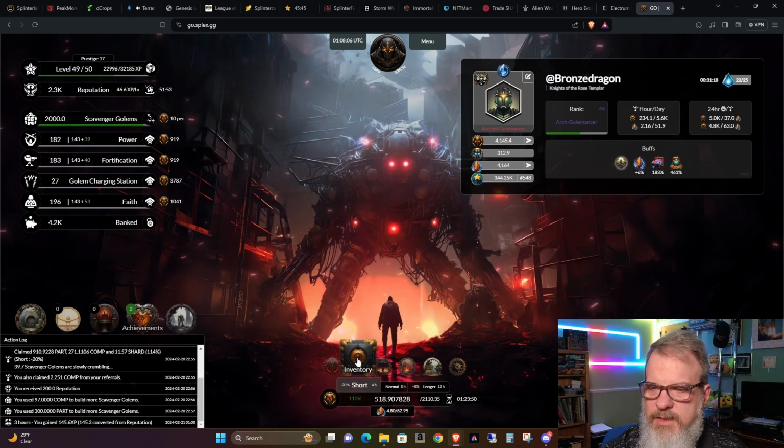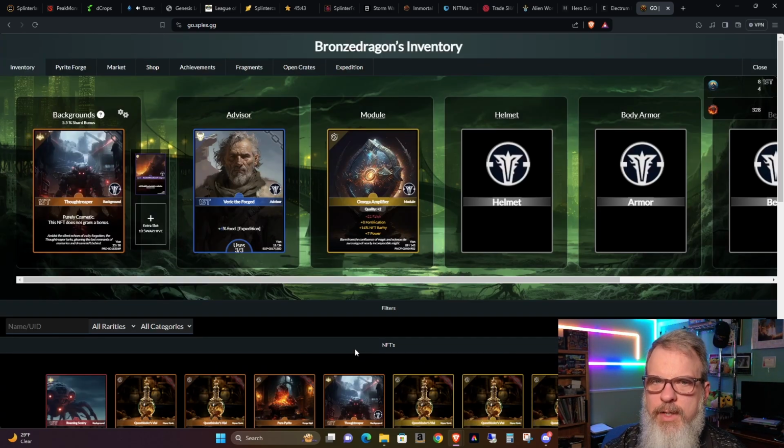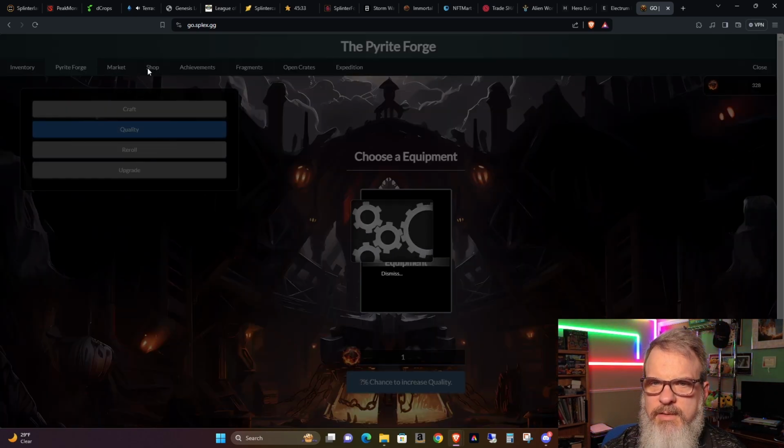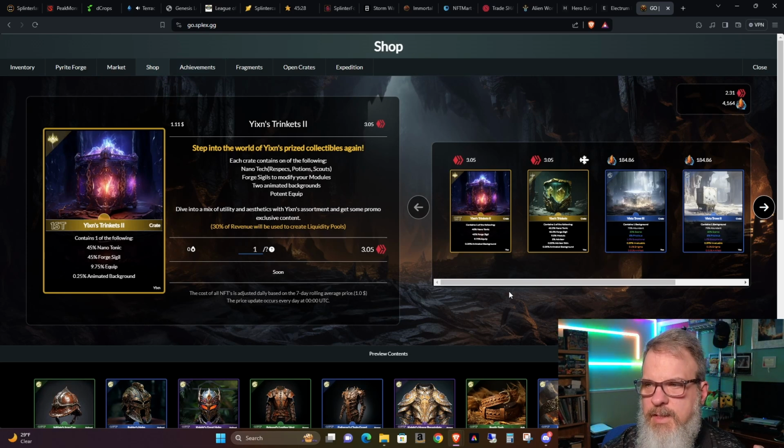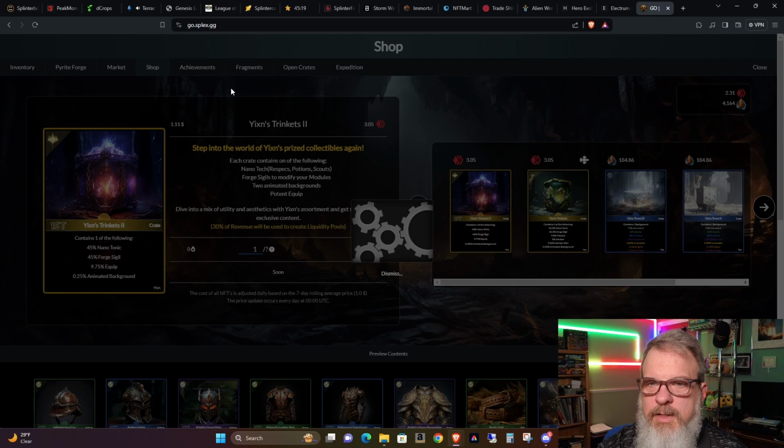So let's go ahead and go back into inventory. And we kind of glossed over these, but you can also go into your inventory and get to the Pyrite Forge, the market, the shop, which is buying off of the actual game and not another person. The market is if I wanted to go on there and sell some cards. The achievement section,